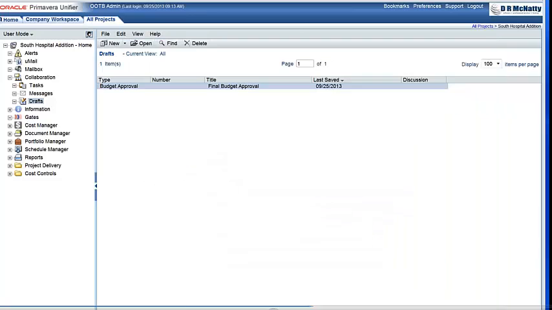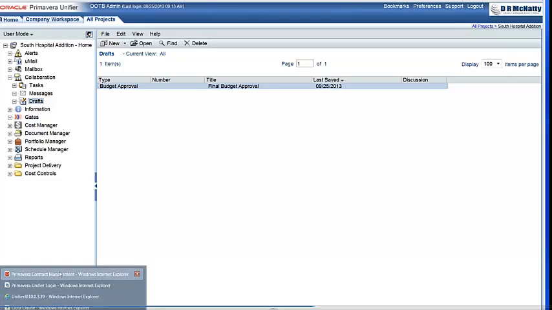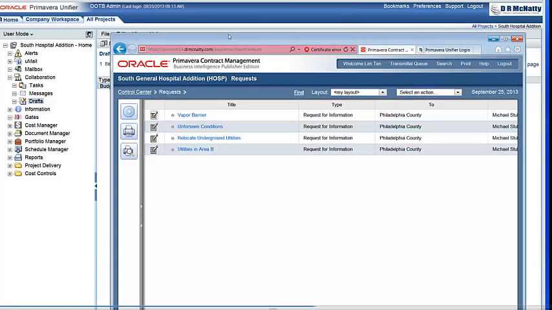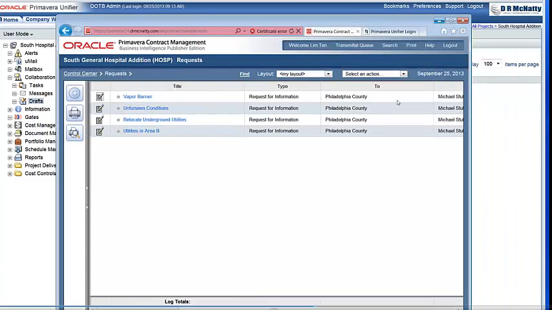So next I'm going to show you how to import PCM RFI data into Unifier. Just going to show you all records that we have in our PCM demo environment.